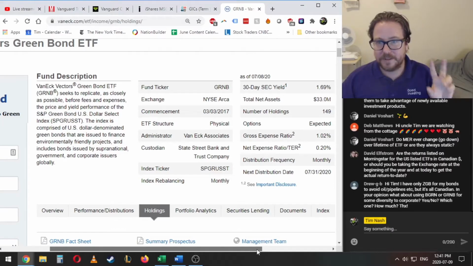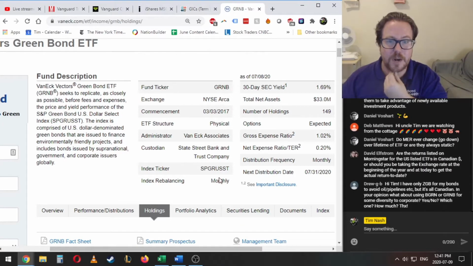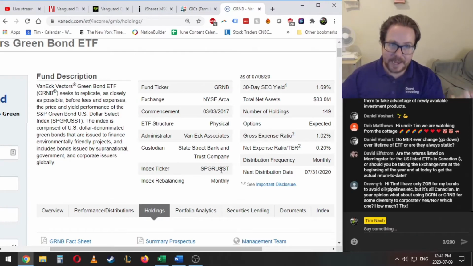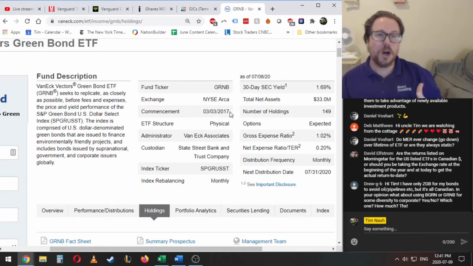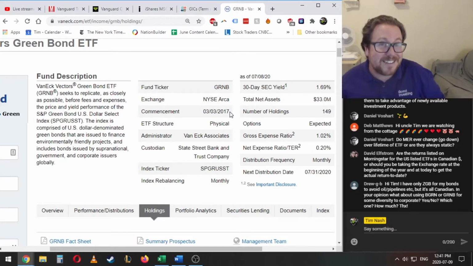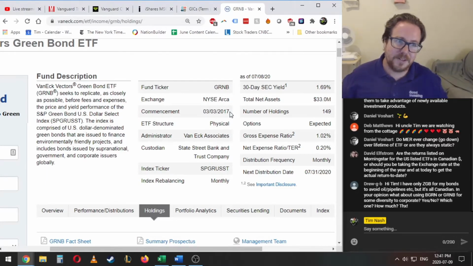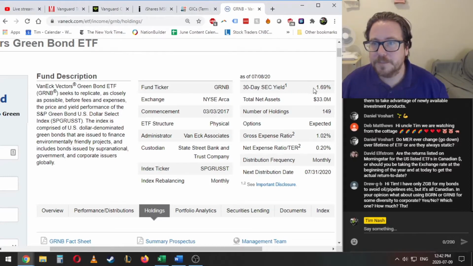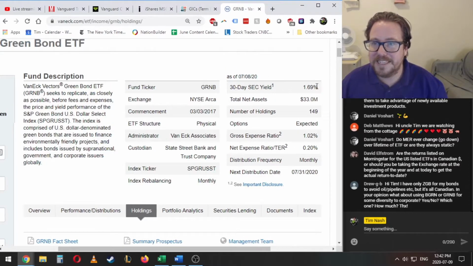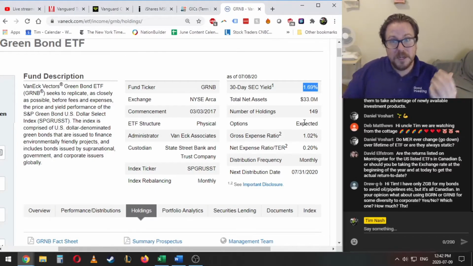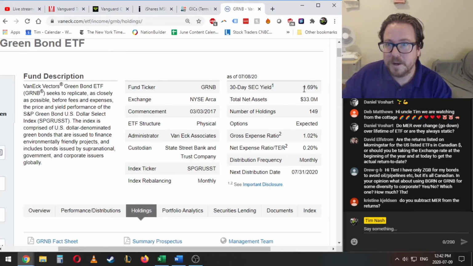Now, the problem with this is a couple different things. The first is that this is denominated in US dollars, meaning that we do have currency risk. If you're planning to retire in Canada, we're going to retire using Canadian dollars. We are going to be a lot more impacted by that currency exchange risk. When it comes to our stocks, even though we might hold Canadian dollar funds, if those funds include US companies and global companies, that's going to have currency risk as well, which is just fine. However, when it comes to these green bonds, the yields on them are going to be very low. You can see here, 1.69%. My fear is that the currency risk is actually going to fluctuate more than these different